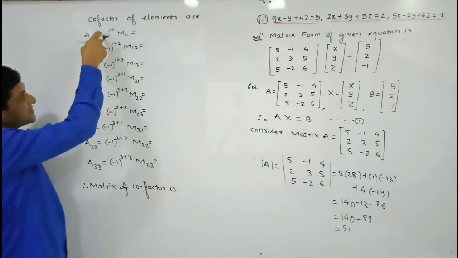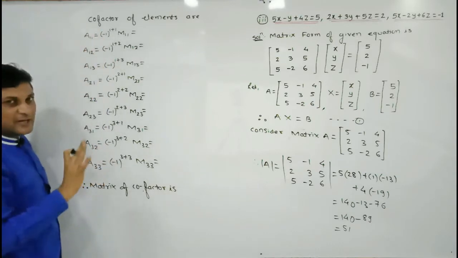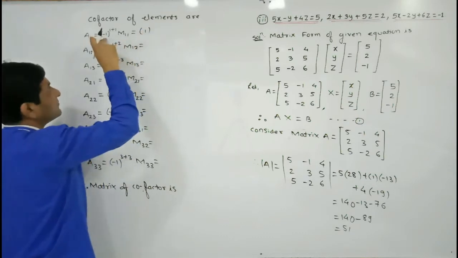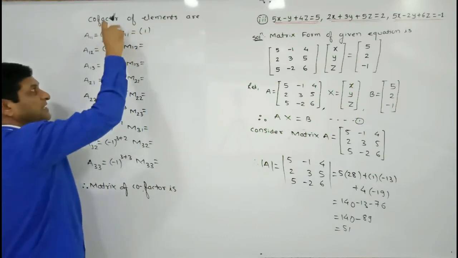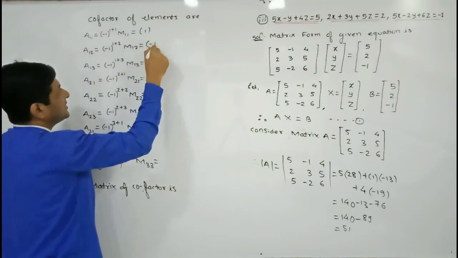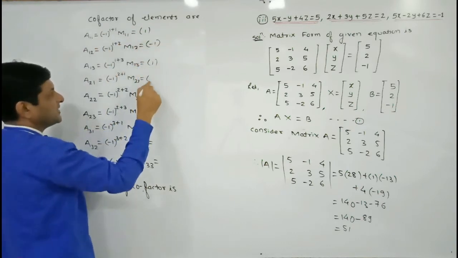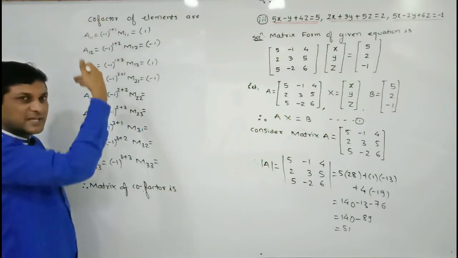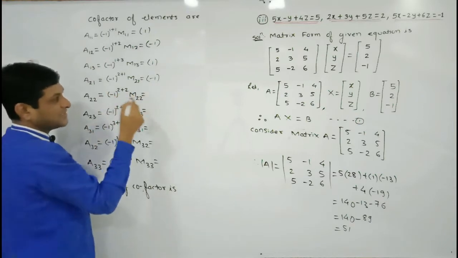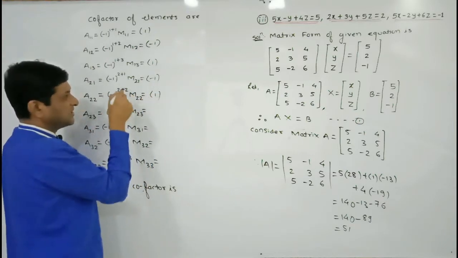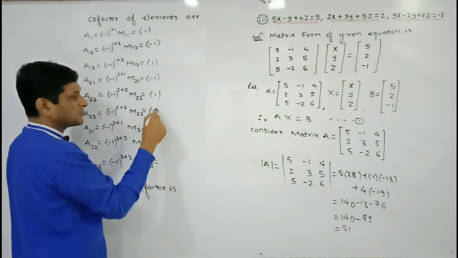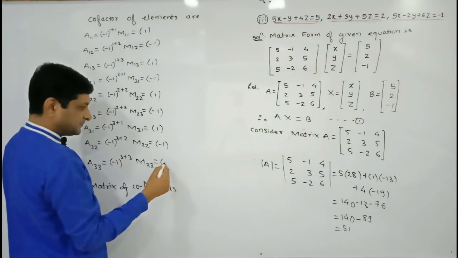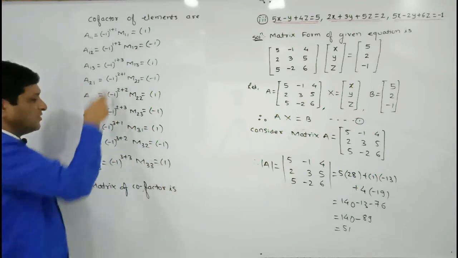First, let us find the value of the first term. We have already seen that for a matrix of order 3 by 3, the value of the first term is always plus 1 because its power is even. Then the power of minus 1 is odd, so minus 1, then plus 1, minus 1, continuing this way, because the power is even, then odd, then even, then odd. That's why we get such values. Here the power is even so plus 1, again odd so minus 1, here plus 1, minus 1, plus 1. In this way we have got the value of the first term.